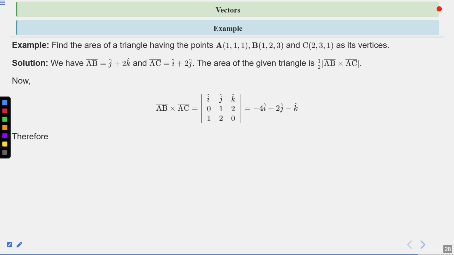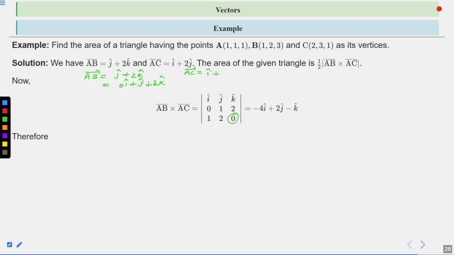So the 0 term here, the AB vector is given: j cap plus 2k cap. Clear? Now what about i cap? There is an absence of i cap, so we choose 0 i cap plus j cap plus 2k cap. Now it is clear. And the AC vector is